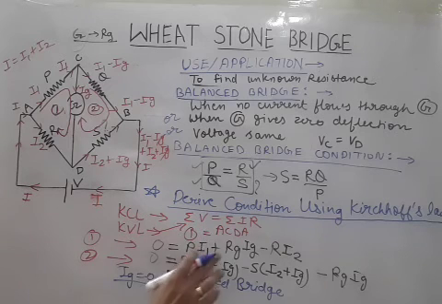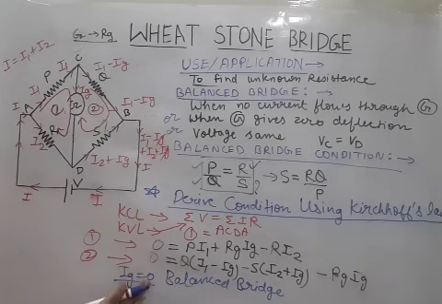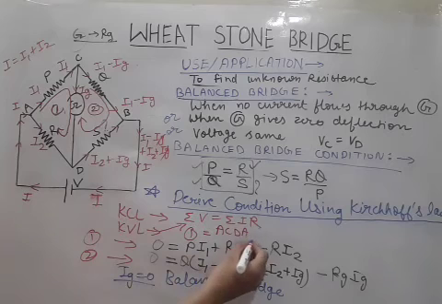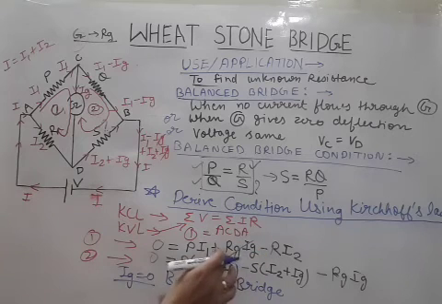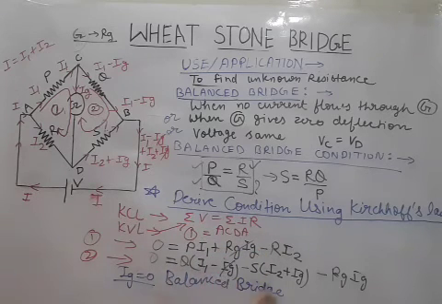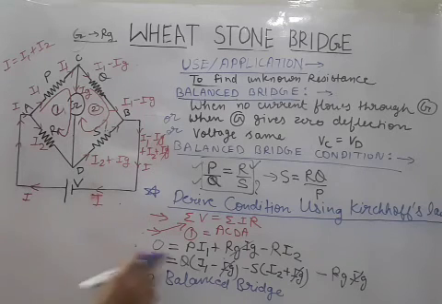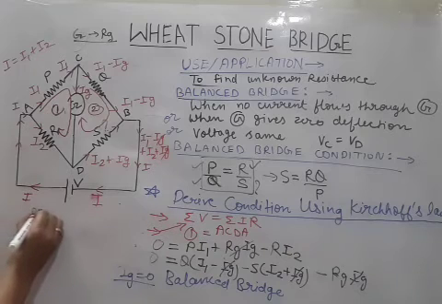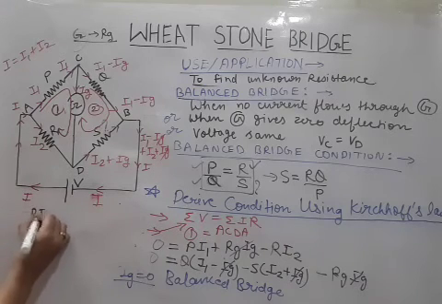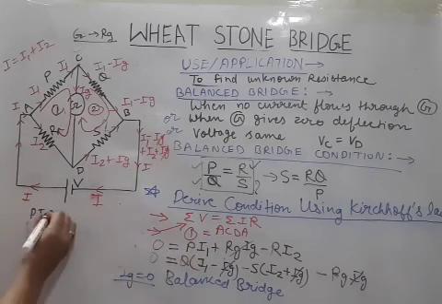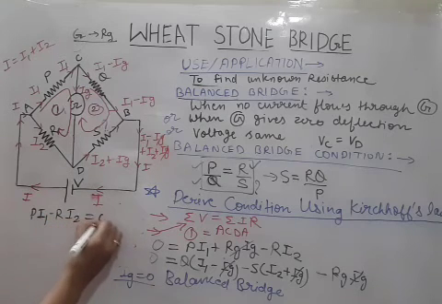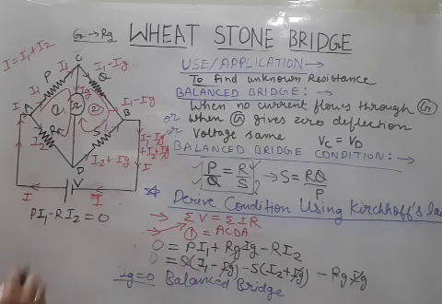So let us see which term will get cancelled. If we put Ig 0, this will be 0. Okay. IgRg will be 0. This will be 0. This will be 0. And this will be 0. That means now our simplified equations are what? Let us write here. From this term, Pi1 minus Ri2 equal to 0 from the first equation.